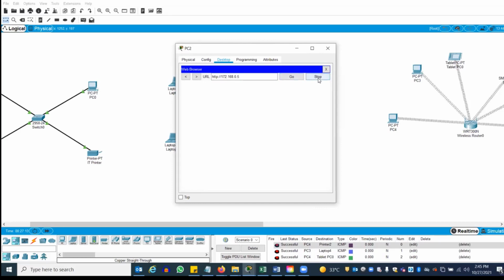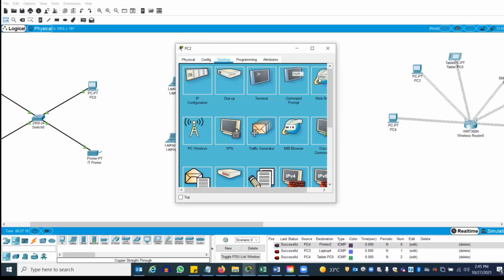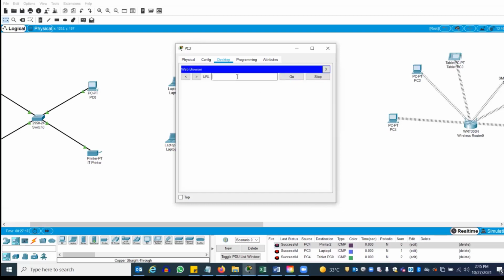Oh, sorry, wrong. 172.16, right? Not 168, 0.5. See, if I put this, the website is working. Cisco packet tracer website is working. Correct.